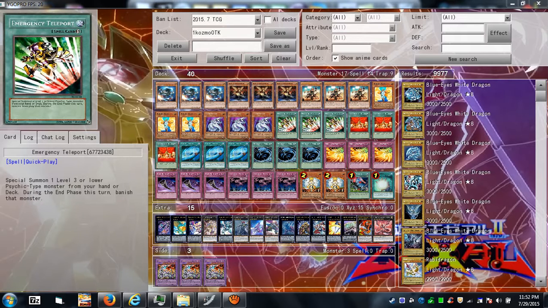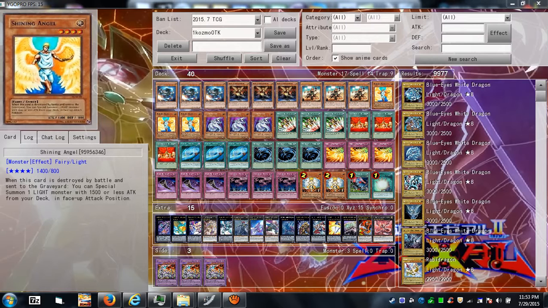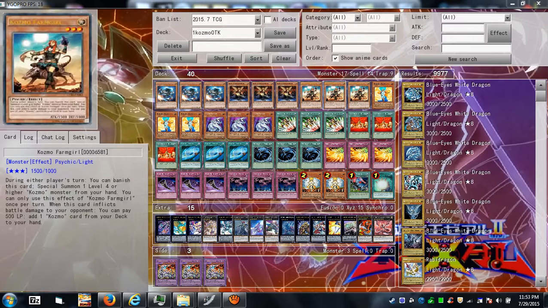Obviously, you can use that Emergency Teleport to summon a Farm Girl, then summon Shining Angel, for example. Attack with Angel, he dies, bring out Farm Girl. Now you have two Farm Girls in the field. You can use both of them. You're not using both, you're using one of their effects